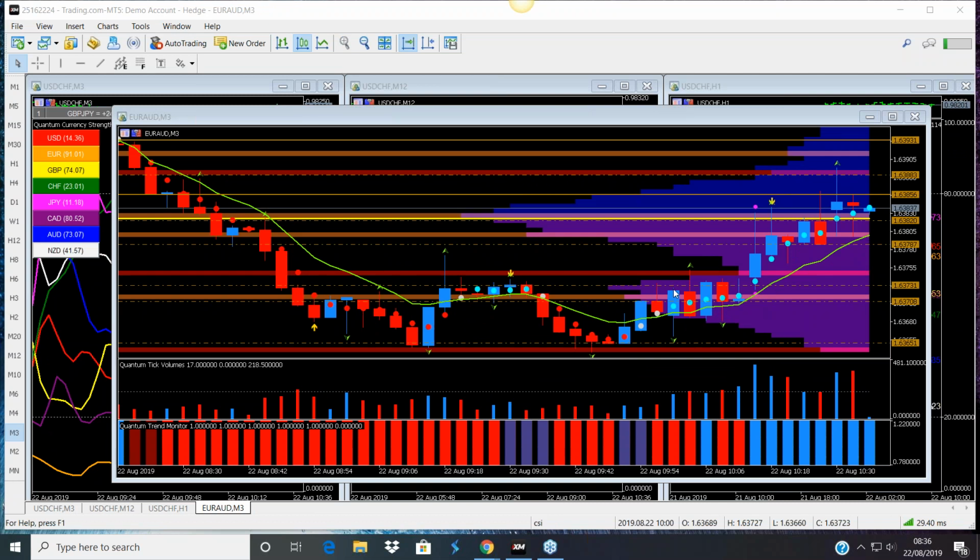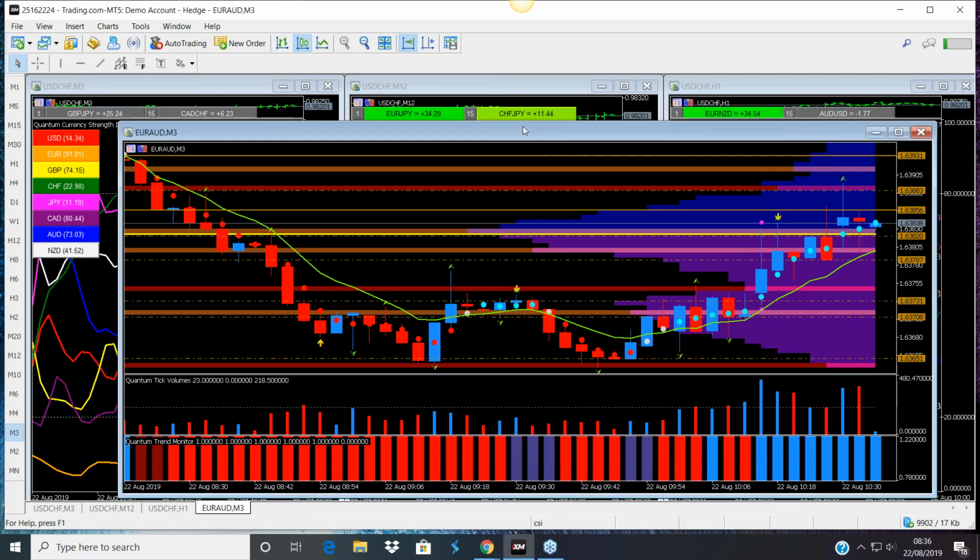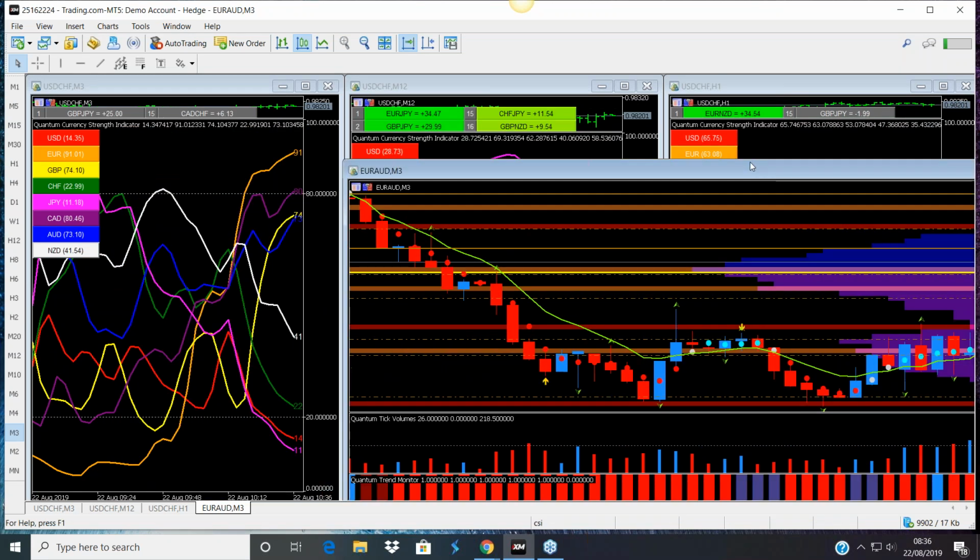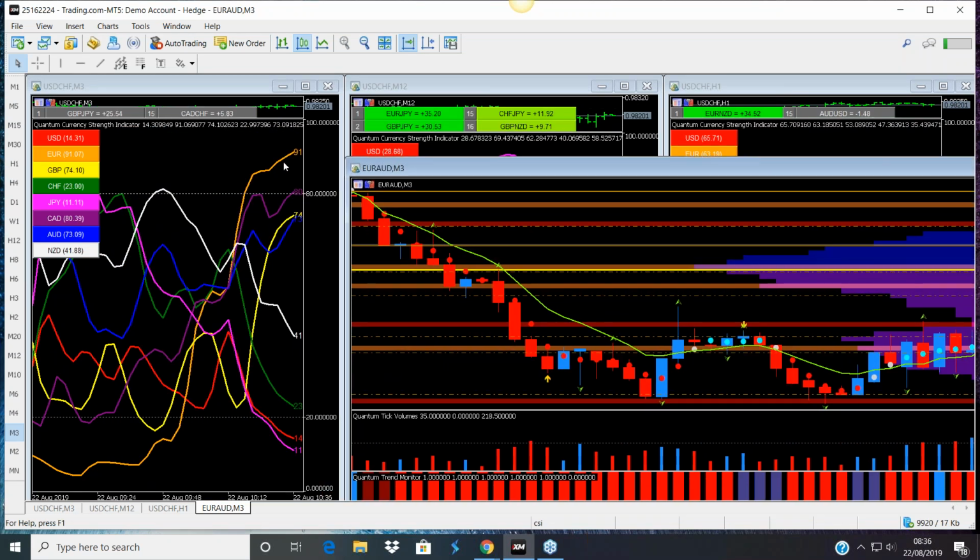Just want to end with the Euro Aussie because we have congestion on the 3-minute, and we look at the 3-minute CSI. We can see the line, the euro going moving higher. There's also going to be some kind of reversal for the euro. It's very, very overextended on this time frame, but certainly at the moment not against the Australian, because the Australian